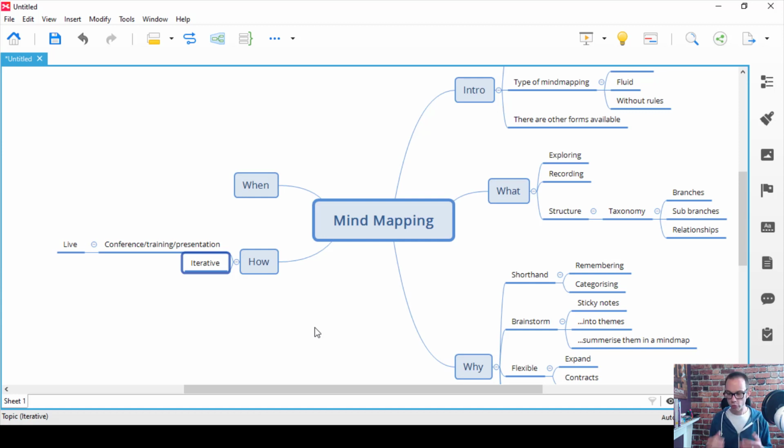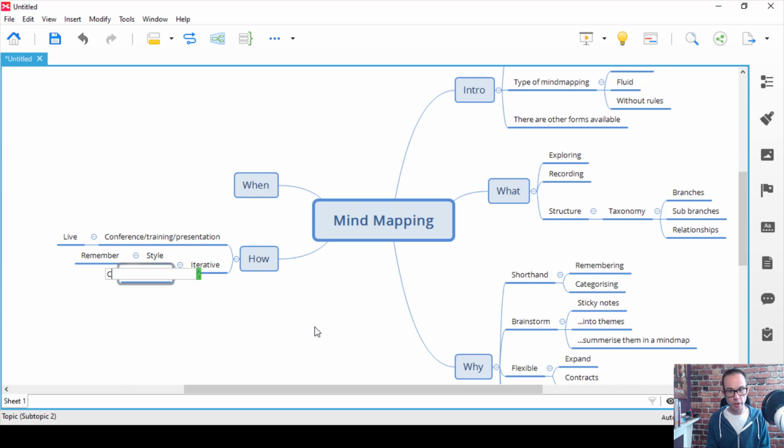And so the iteration is both in terms of style, and the style for me is important because it helps me remember things personally. Because if I'm trying to remember something, I actually almost think, well, that was the red part of the diagram. Now, not everyone is probably the same, so it's whatever works for you type of thing. But it's also iterative in terms of content.